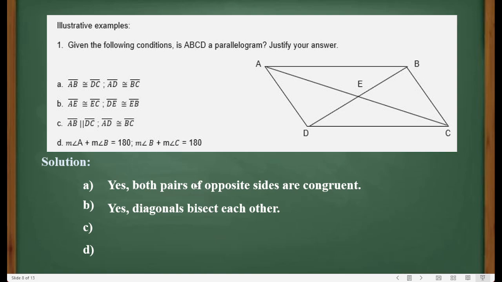Yes or no? Okay, let us first analyze letter C. We have here segment AB, which is parallel to segment DC. Now, if we try to analyze letter C,